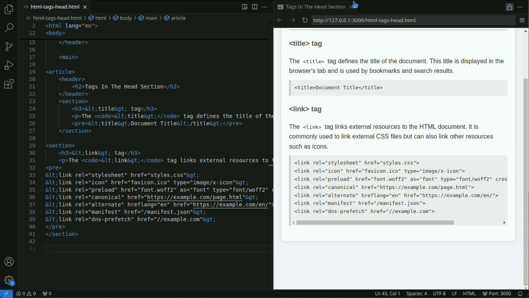Preload is used to load resources in advance before the page rendering begins. It is especially useful for resources where timing is important, such as fonts or large images. This improves performance and enhances the user experience.